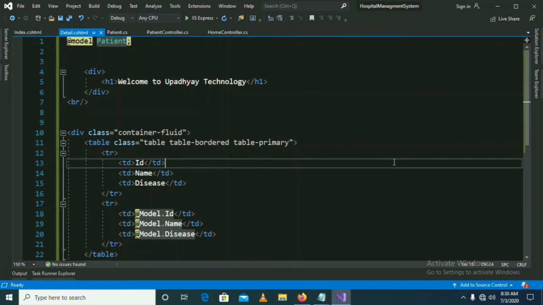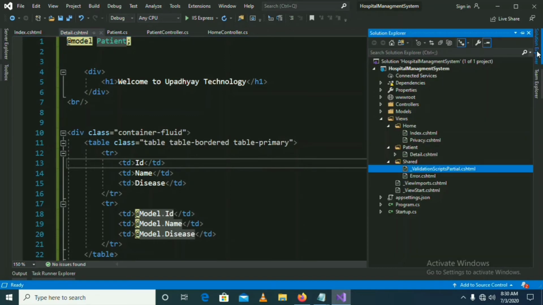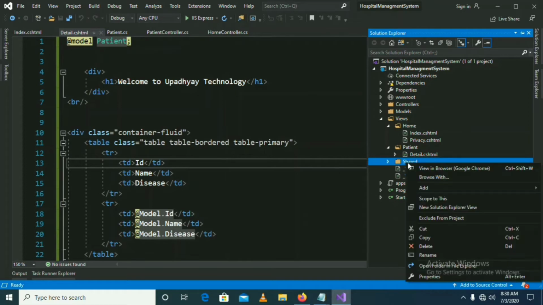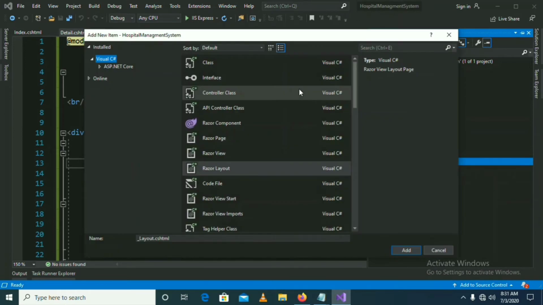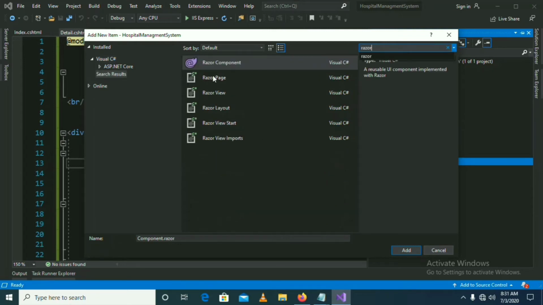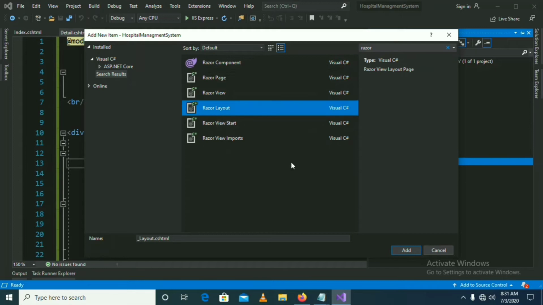For adding layout, expand Solution Explorer. There is a folder with the name Shared. Right click over it and then press Add and then New Item. It will open a new window in which in the search bar just type Razor. It will filter all Razor pages. Just click over Razor Layout, and if you want to change the name, change it, otherwise leave it as it is.